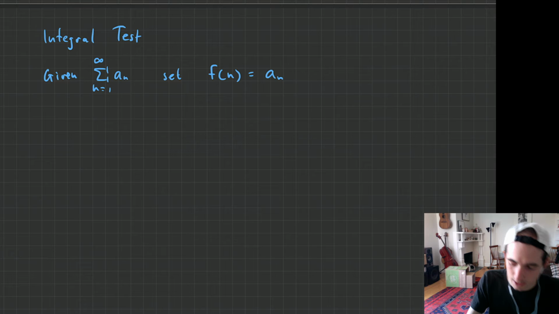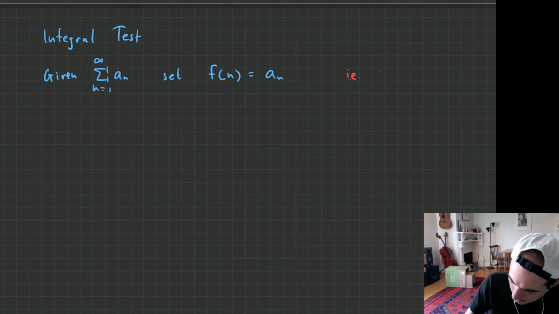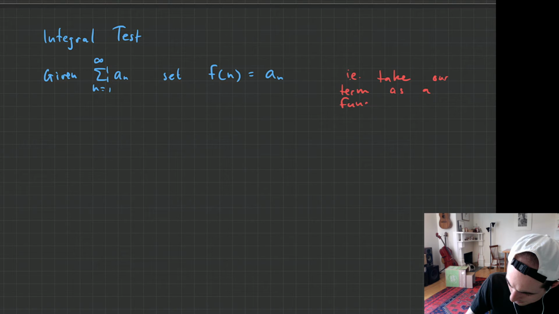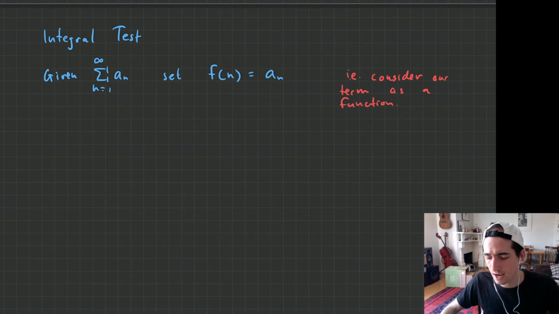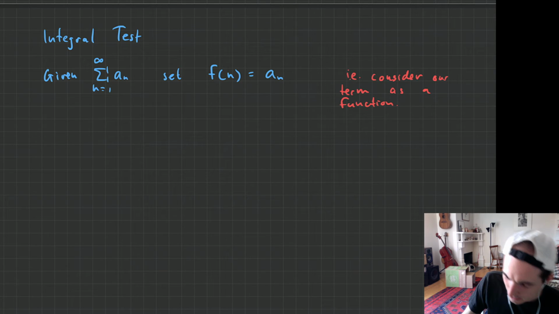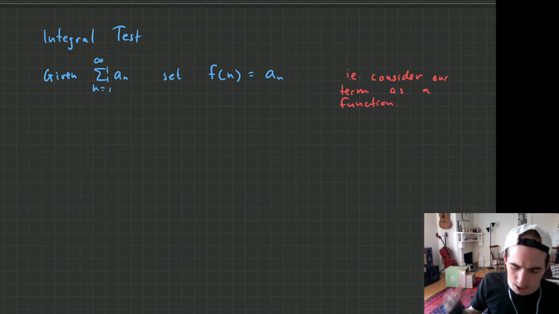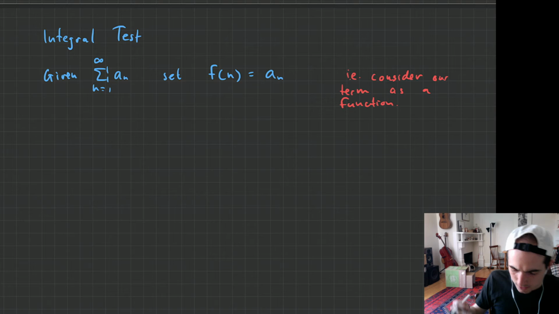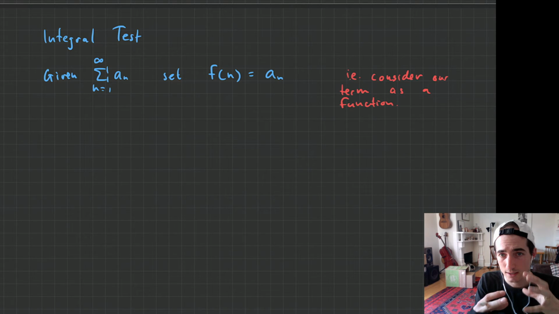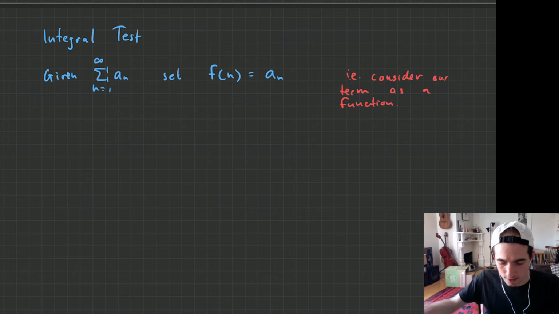So basically, consider our term as a function, and our function is going to be in terms of n. We're thinking of what you could call the summand, the thing that's changing inside from term to term. Take that as a function, and then